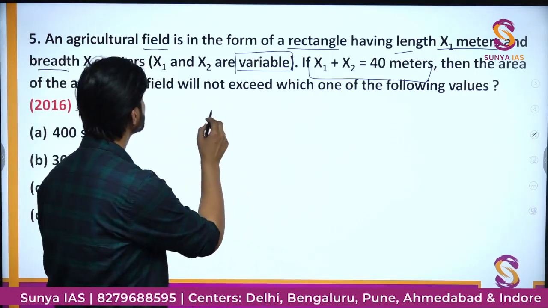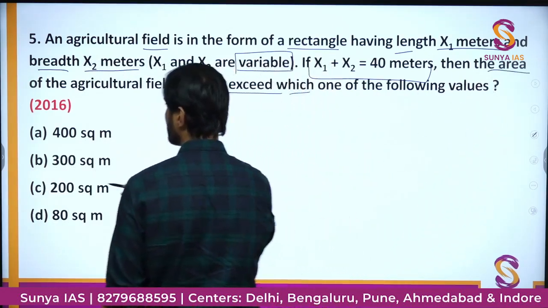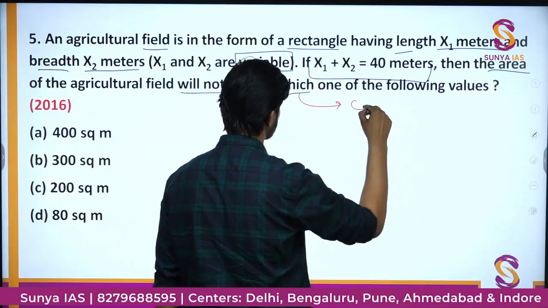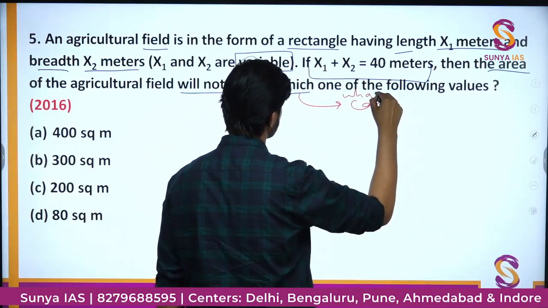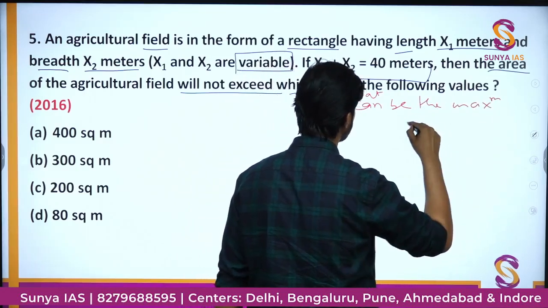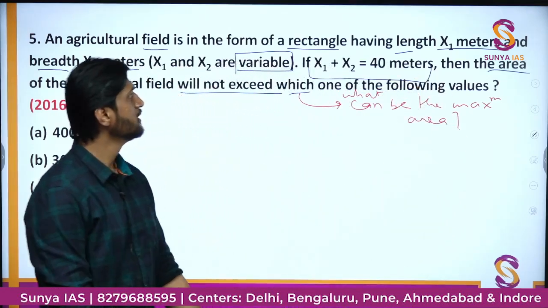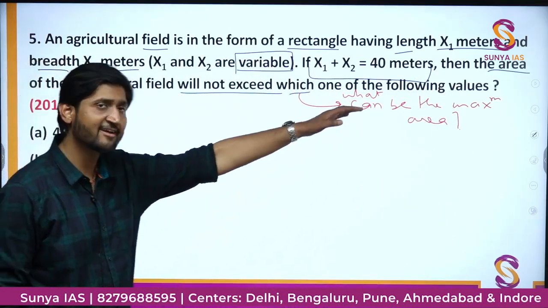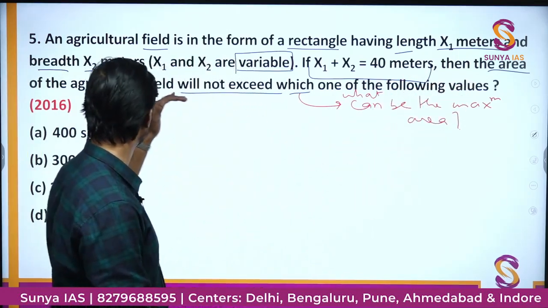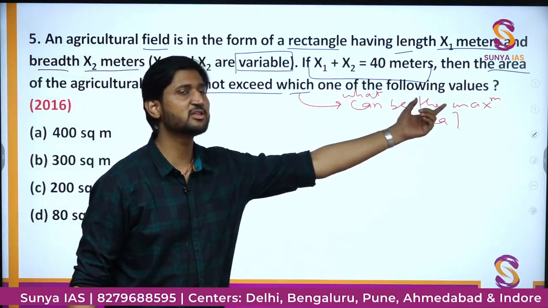Basically it is saying that area will not exceed which value? Simply, in other words, it is asking what can be the maximum area of the field. The language is somewhat off cultured. It says area will not exceed which value, but simply it is saying what is the maximum possible area of